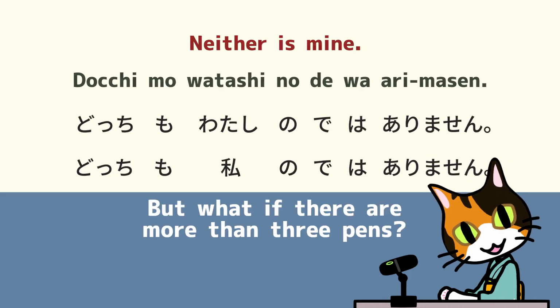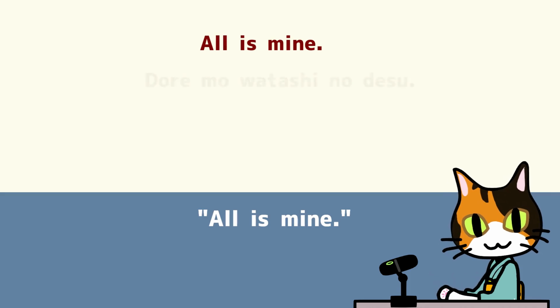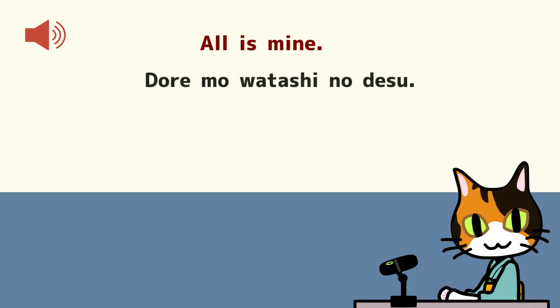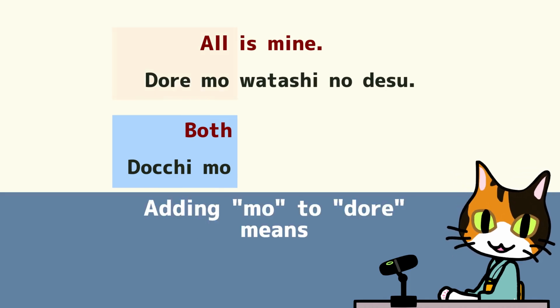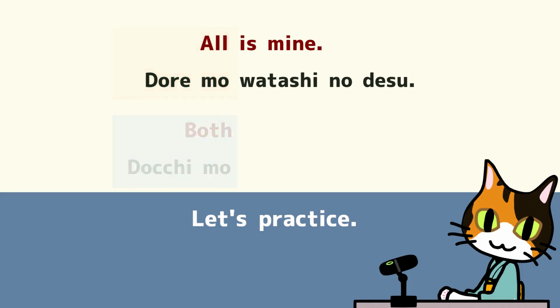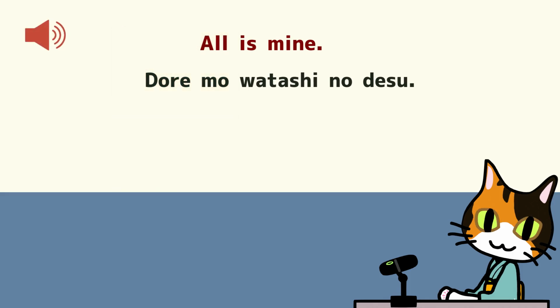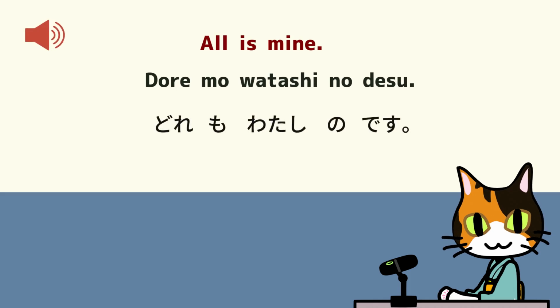But what if there are more than 3 pens? Let's try saying, "all are mine." どれも私のです。 Adding mo to do-cchi makes it mean "both." Adding mo to do-re means "all." Let's practice. どれも私のです。